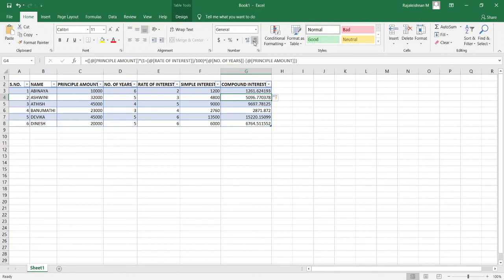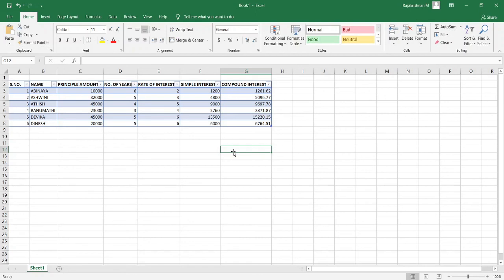So whenever you want to increase you can increase it, or if you want to decrease you can decrease by clicking on it. So for that you have to select the content, then you have to click this icon. So in this way you can reduce the decimal places. So now we have reduced the decimal places to 2 decimal places. So we can keep with it.